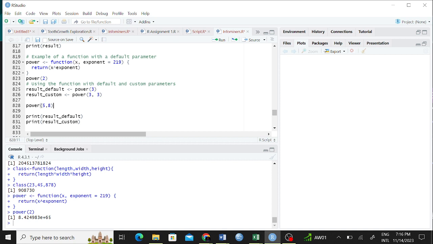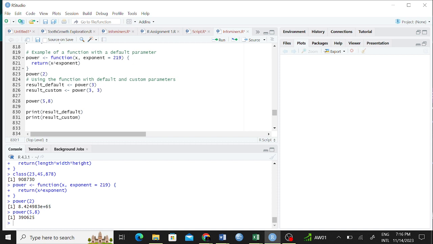Yeah, so let's try running it. That's why I did not run it prior. So you can see that our value is 39,396.25. So that means we have just changed our exponent. Initially we had said the exponent here is 219, but right now we can even change it, right?